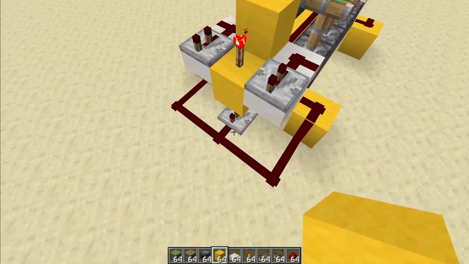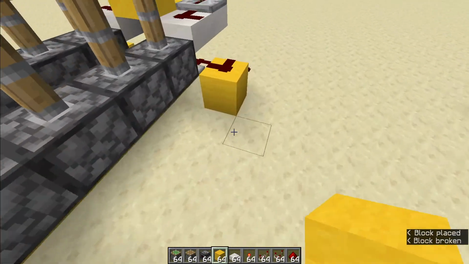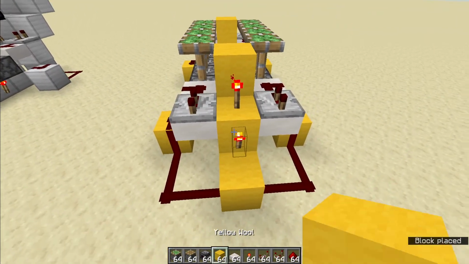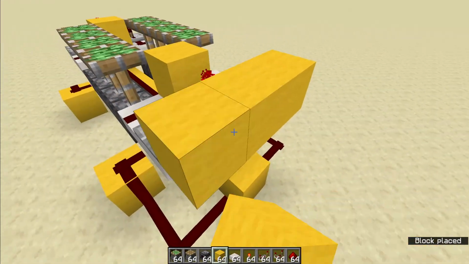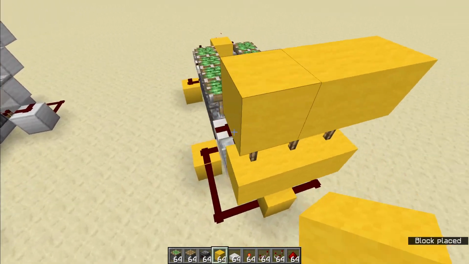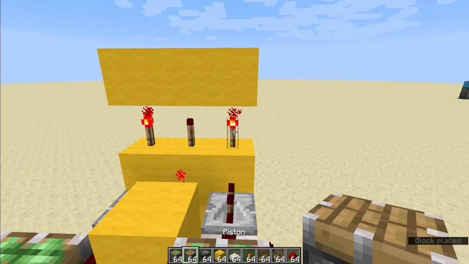Alright, so the next little bit of stuff's going to be a little bit interesting. First of all, replace that block with that, and replace that with that. And you want to place redstone torch here, followed by a line of blocks, redstone torch here, followed by a line of blocks. Then you want to place pistons here,